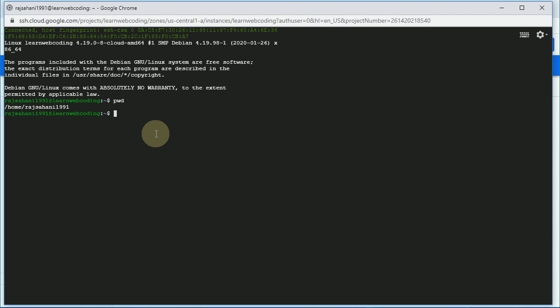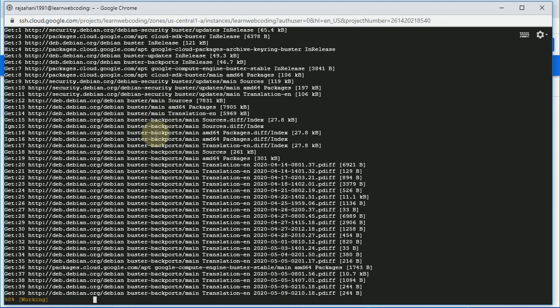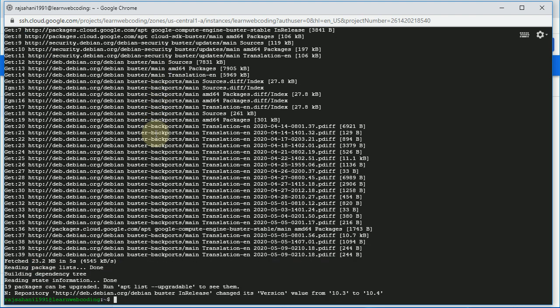So simply I just want to update its repository, so I simply go and say sudo apt update, and it will update this for you. And after that, we want to run an Apache based application.